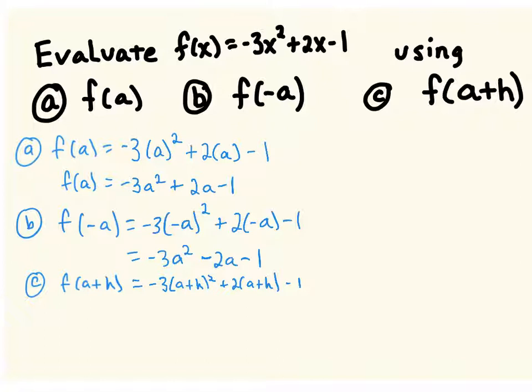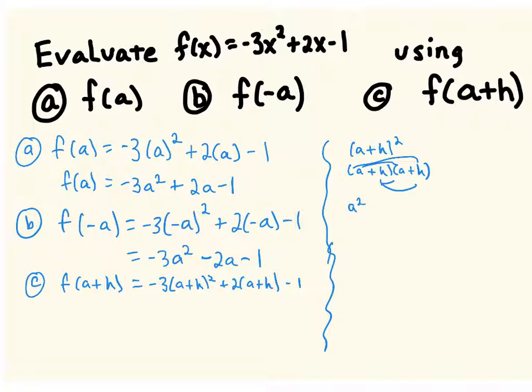Now, I'm going to do a little work over here on the side just to save some space. Now that we have (a plus h) squared to simplify, remember that this is a FOIL. This is (a plus h) times (a plus h), which then if we do first, outside, inside, last, we have a squared plus ah plus ah plus h squared. So we have a squared plus 2ah